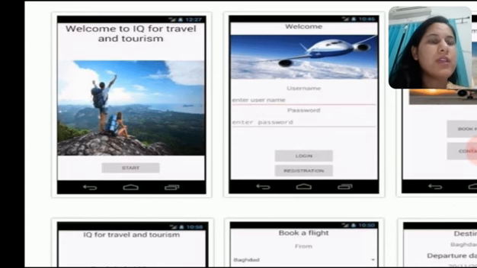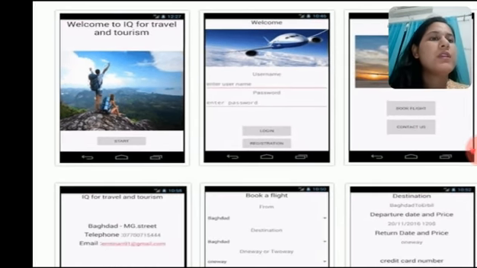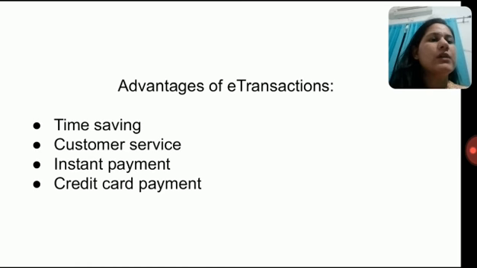Again, the same thing I have explained in the flow chart: login if you are already registered and have an account. If you don't have one, you first do the registration. They will ask you to do the registration, then you will generate a username and the password, right? Then enter your username and password, then book the flight tickets, or maybe